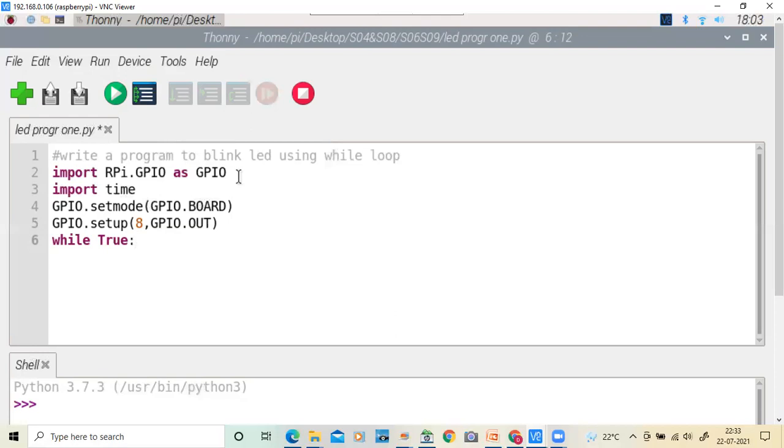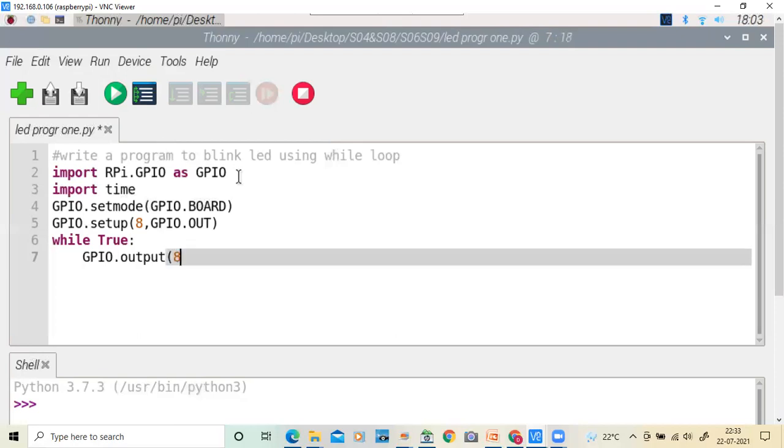The syntax is while True. Now I am enabling the pin. Which pin? Pin 8. GPIO.output(8, True). So now the 8th pin is enabled.